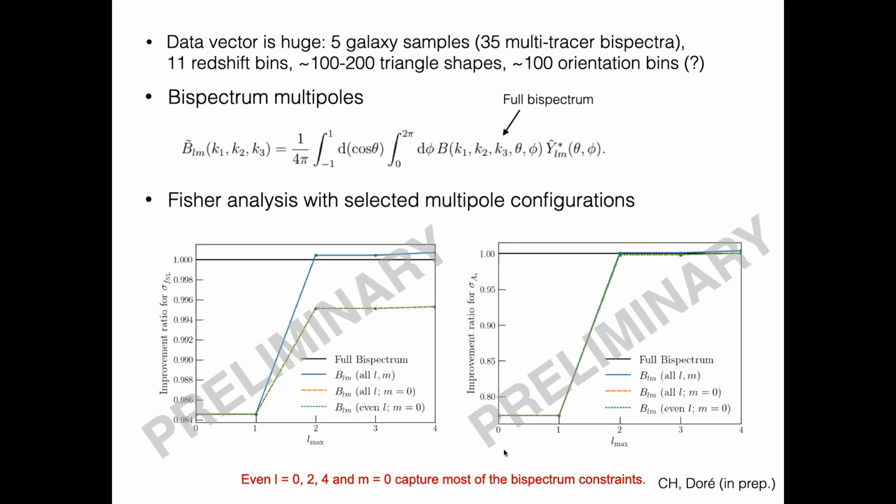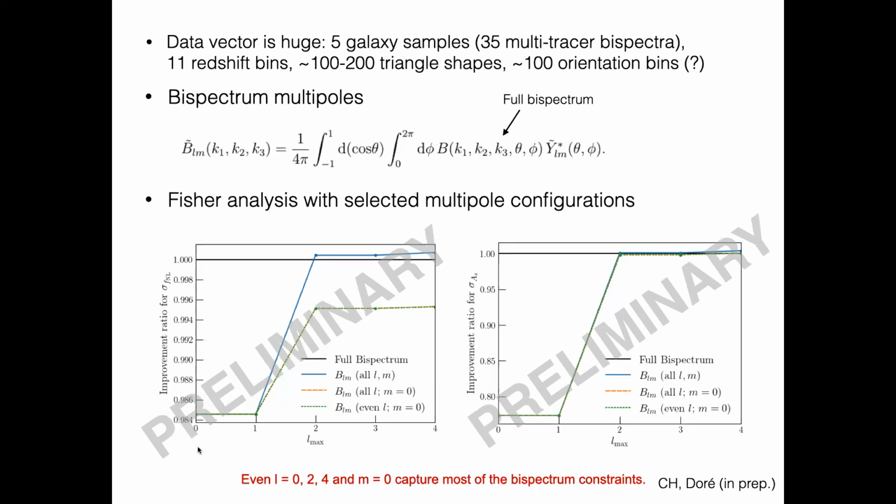This is not entirely new. There's also another paper by Samushia and Gagrani that has shown this for RSD and BAO parameters, but we wanted to double check for FNL. This is a really preliminary plot. It doesn't have the full multi-tracer glory. The paper is still being developed, and this doesn't have all the nonlinear and all the bias terms in it either. But I believe the result should not change too much depending on those things.